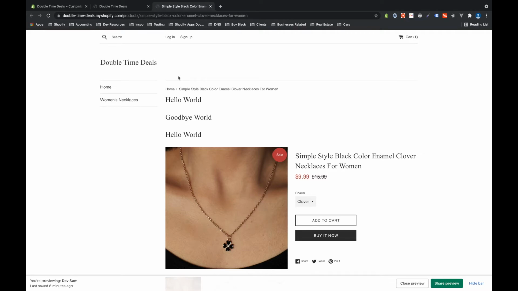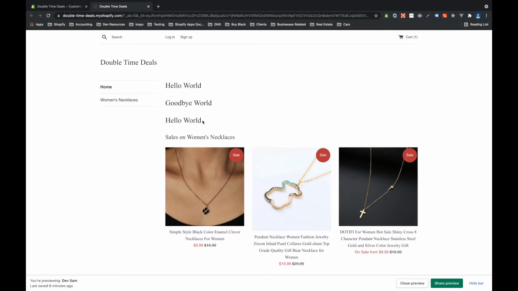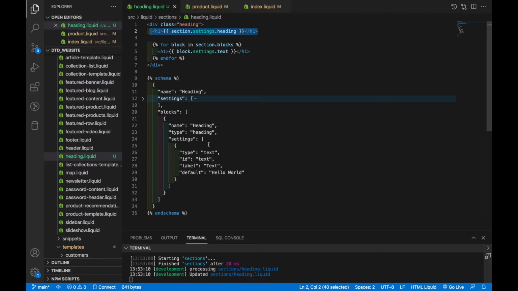So back on the home page, we'll see this section here that we created last time, and I'll link that video in the description. But what we have are these three H1s that say hello world, goodbye world, hello world, and they're statically placed above all of the other content on the home page. And so this is the code we wrote last time,